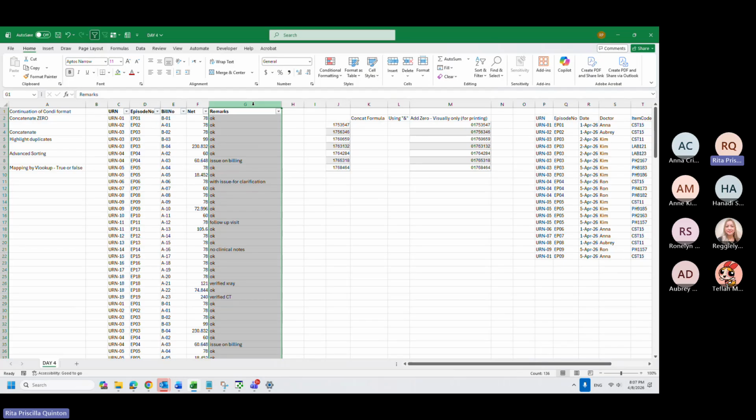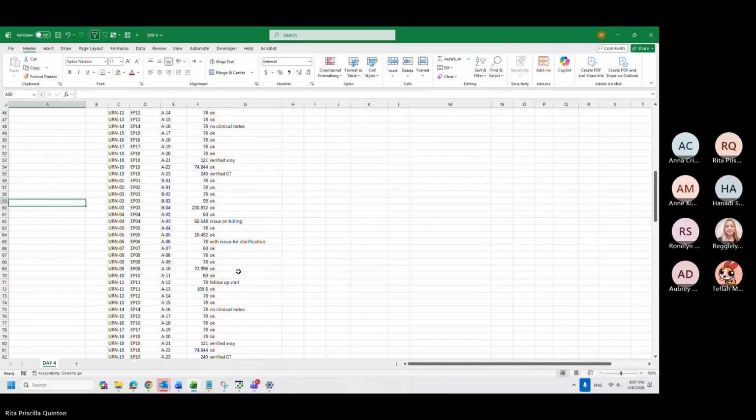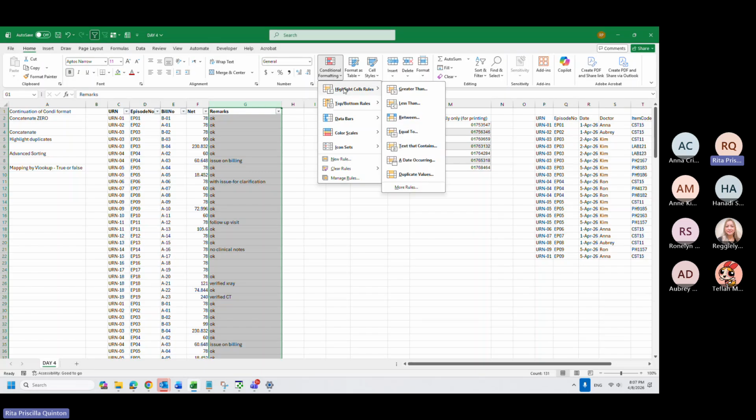Since we want to focus on invoices with issues and those not yet okay or not yet finished, we can highlight them using conditional formatting. Yesterday, I wanted to do some continuation on that.